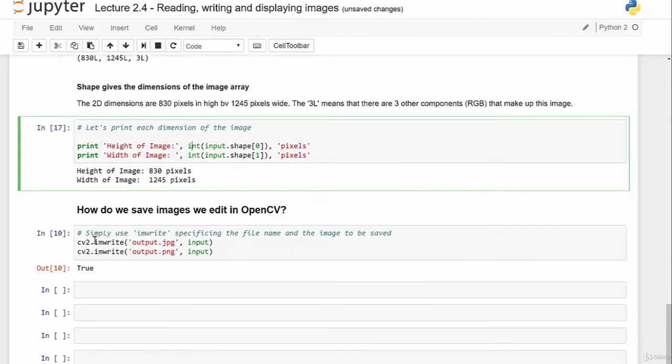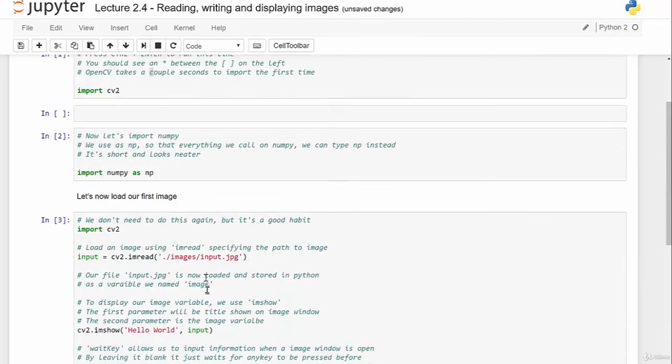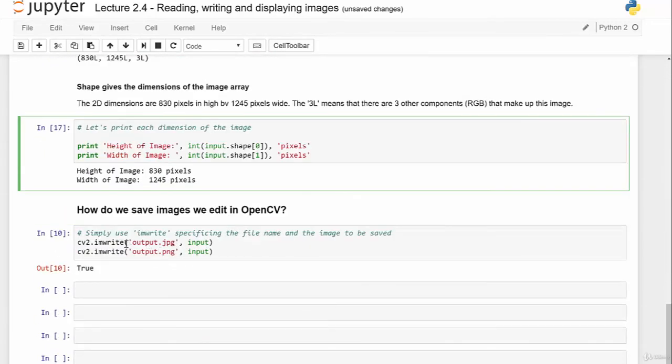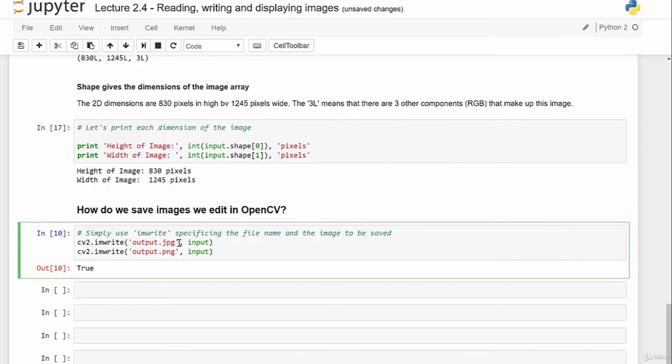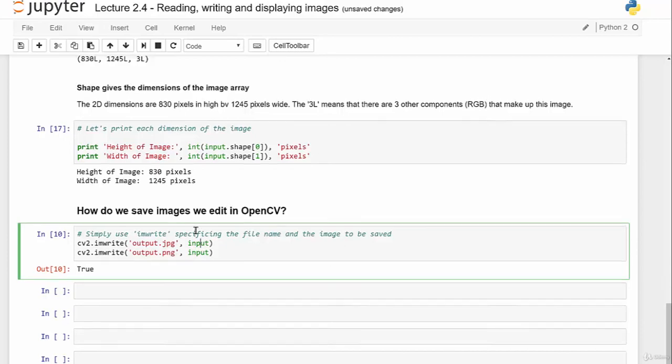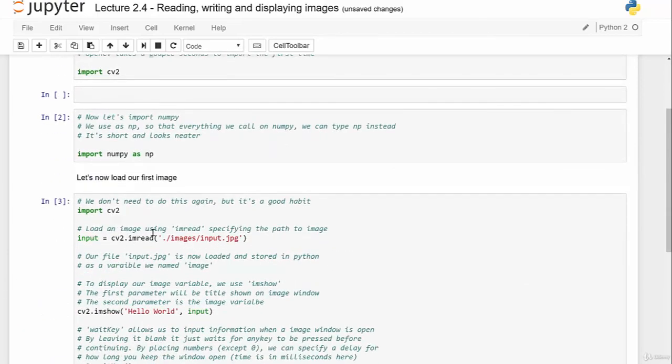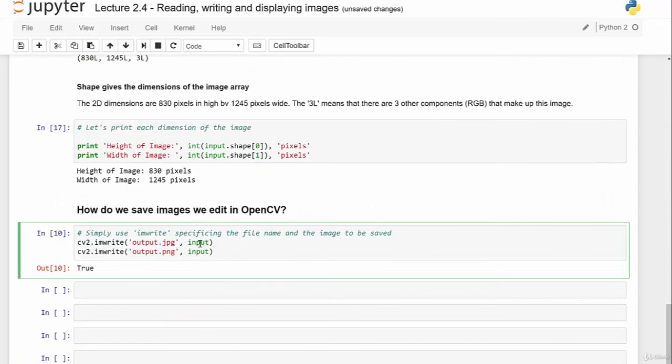So now let's go on to saving images in OpenCV. We use the cv2.imwrite function, which is very similar to, as you can see, the imread function. However, this one has two arguments. First argument is the name of the file that we're going to save it as. Now, anytime you're opening files or writing files in OpenCV functions, use these inverted commas to indicate that it's a string. Secondly, this second argument here is going to be the image. So as we previously loaded our image as input using an imread function, we can then put input here,